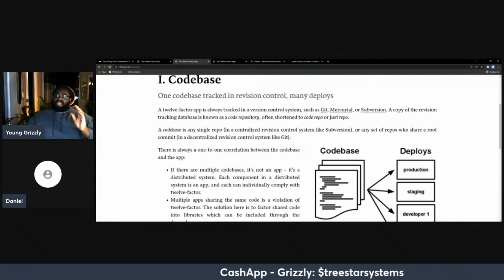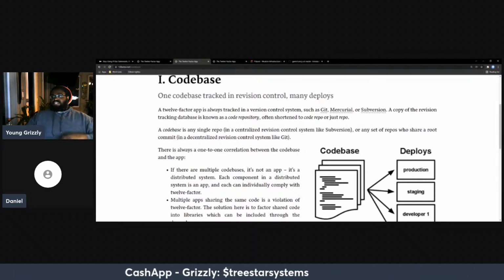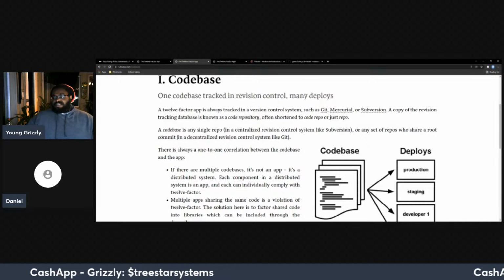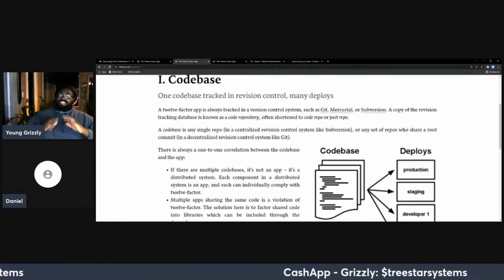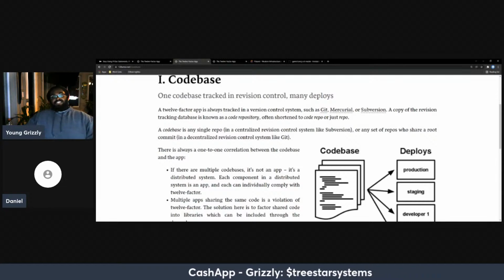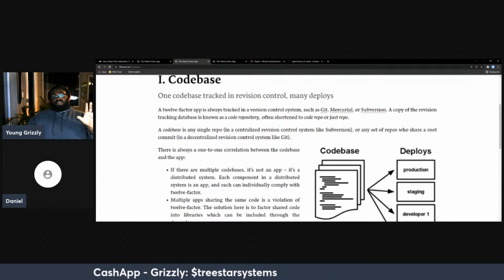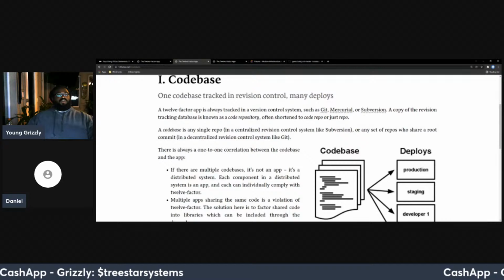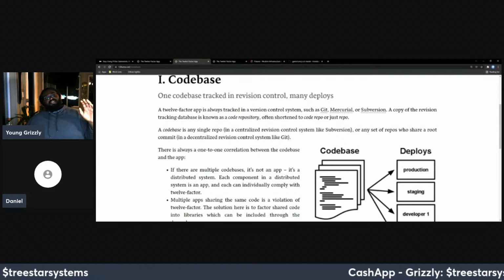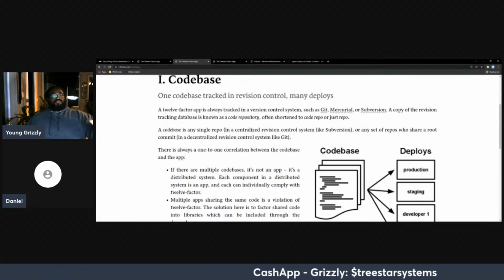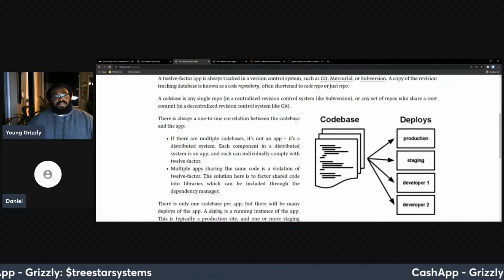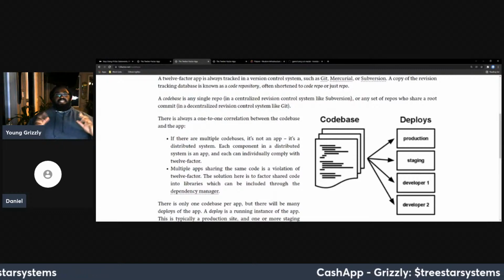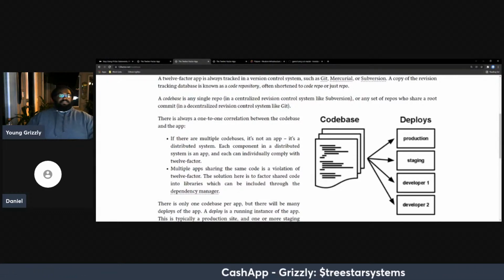So I could have broken up what I did last night into two different commits, and have my fix separate. But I kind of fell back into my old ways, and I did pretty much a big batch commit. So those are things that you can do, and that's what this first portion of the 12-factor app is about: having a code base with revision control, and then you can do little things to the code base, and you can have different types of deploys along with that, and it makes it easier to work with larger groups.